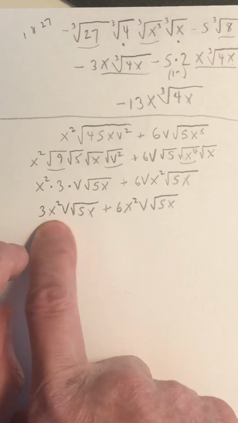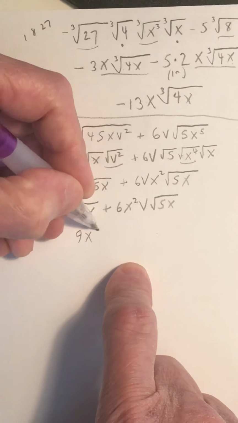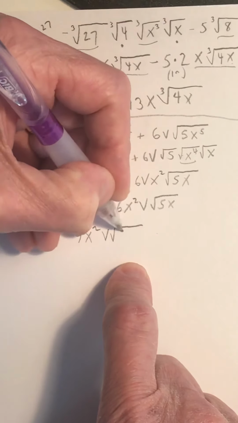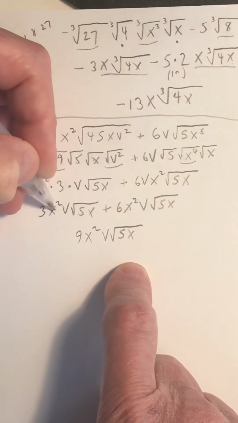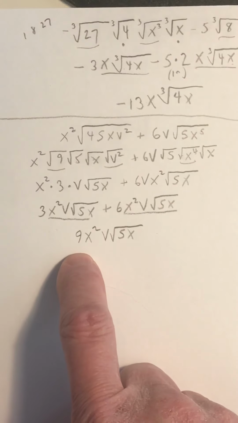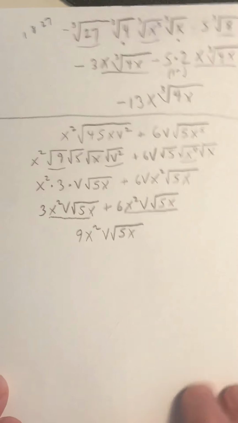So 3 of these monstrosities plus 6 of them gives us 9x squared v square root 5x. We had 3 of those plus 6 of those gives us a grand total of 9 of those. Let me tackle